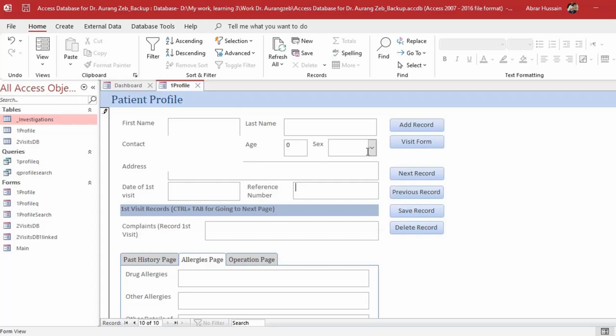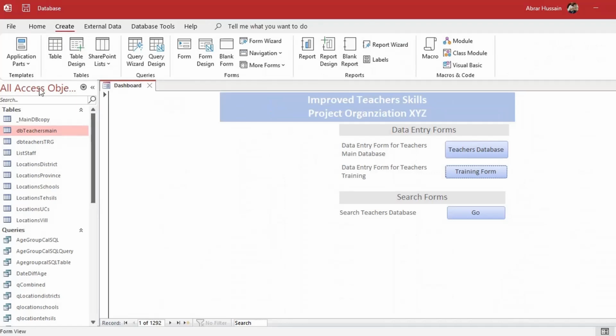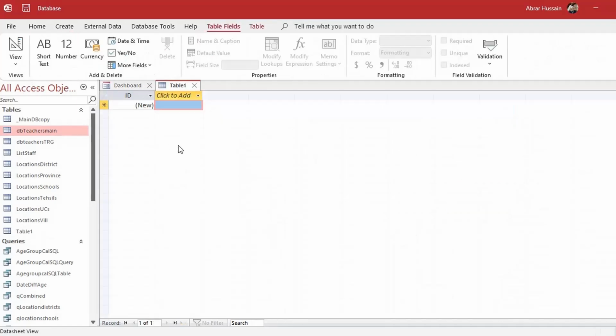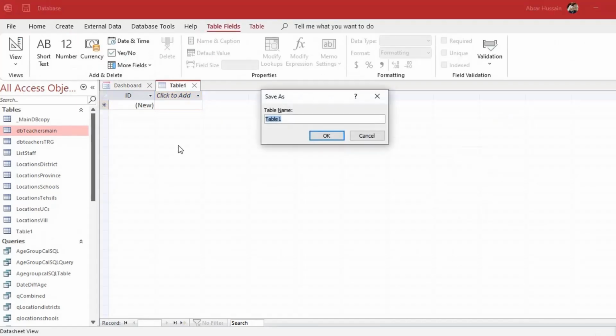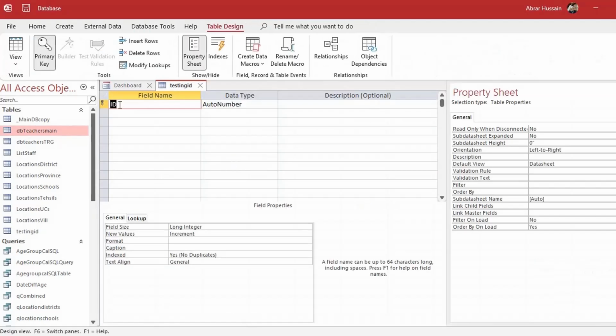So how can we do such things? Let me explain that to you in detail. Now, if you want an automatic ID, how can you create it? Let me open another table, save it as testing ID. Okay. Now here, this would be ID,